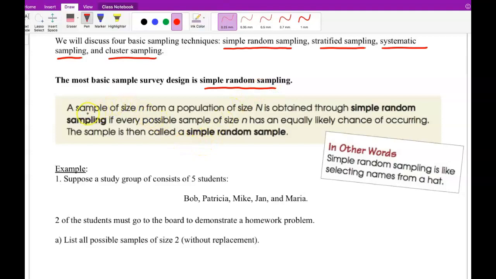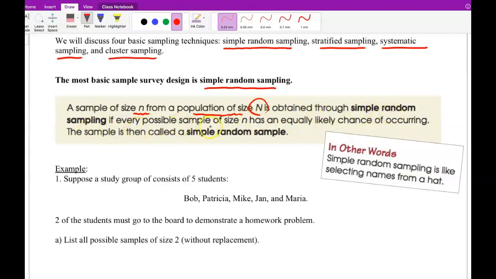A sample of size N, as I said, when we use sample we show that with N, from a population of size N, is obtained through simple random sampling